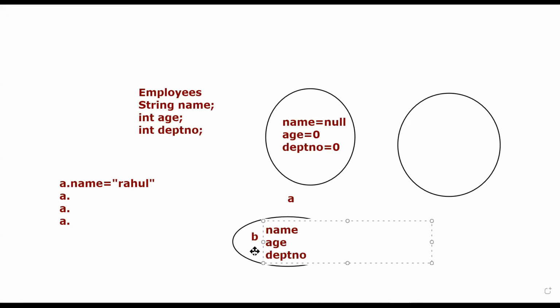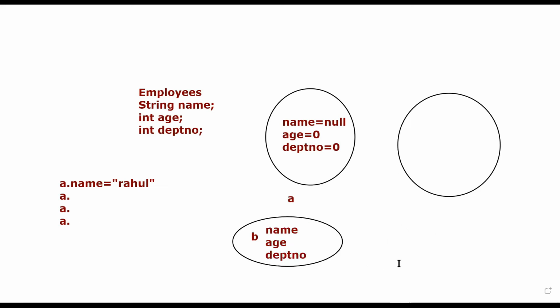At the same time, I'm passing values. So it's going to first of all reduce my line of code. If I'm creating my constructor with parameters, I'm passing all these values in one line only. I need not write the reference dot name, A dot age, then department number. In the parameters, I can pass name, age, department number. And if there are 1,000 variables also, I can pass all 1,000 in the same constructor with parameters. I can write all variables in the constructor as a parameter like this.